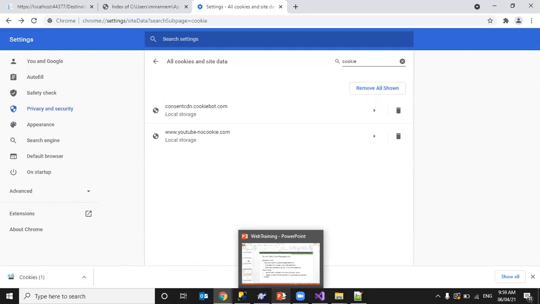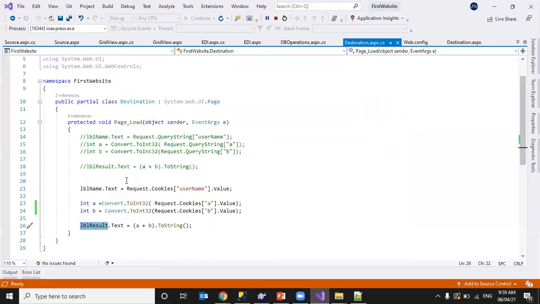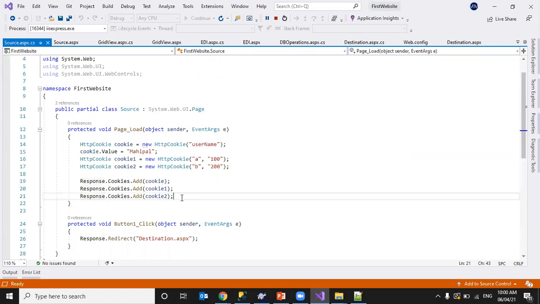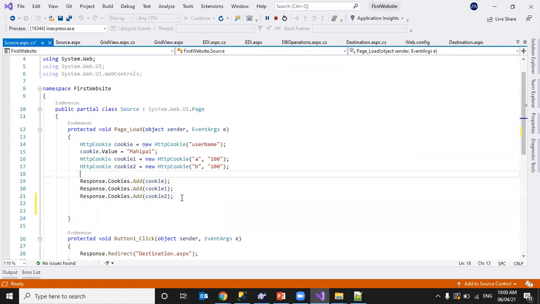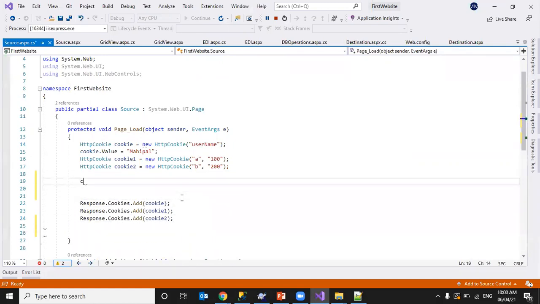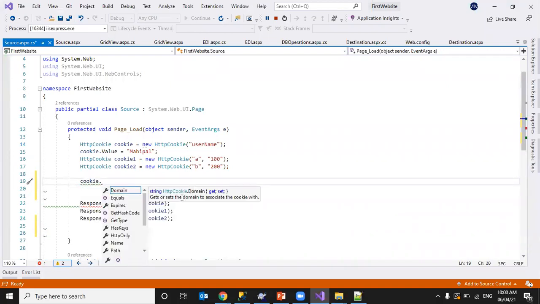One thing left: this is the way we pass cookie information. If we want to set an expiration time, we can also set that. In the source page, for the cookie object, we will have different options. Let's see them one by one, cookie dot. These are the different options available with a cookie. Domain, meaning which domain created it, we can set that.